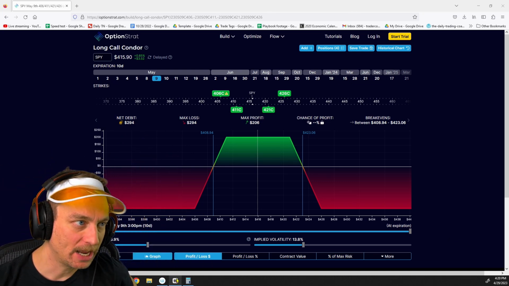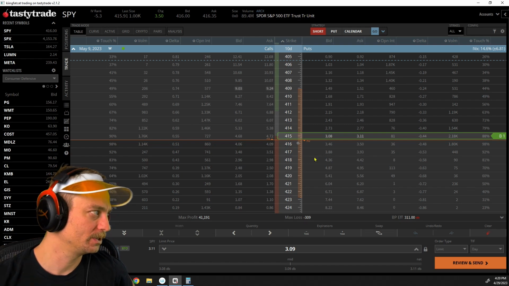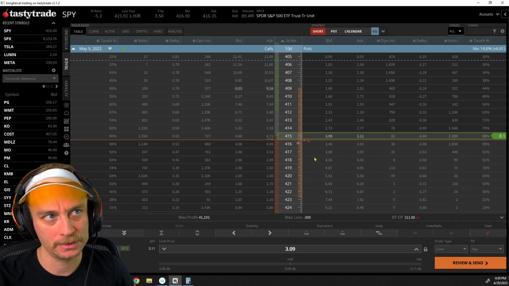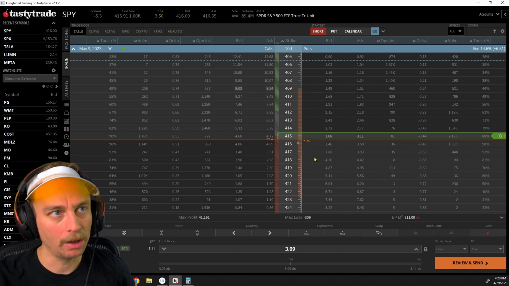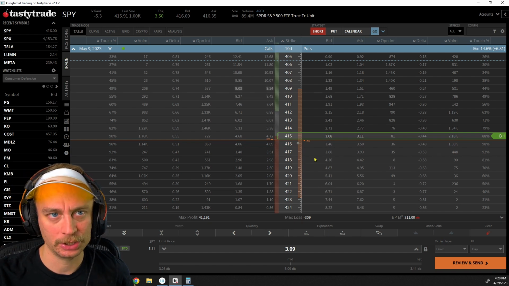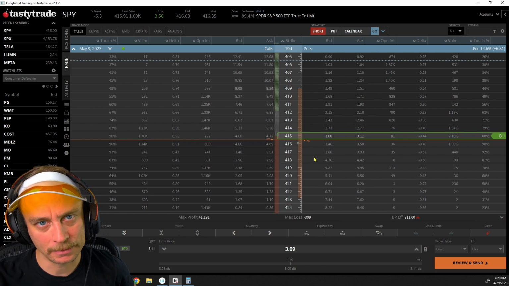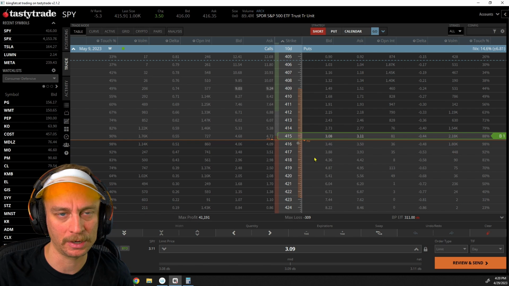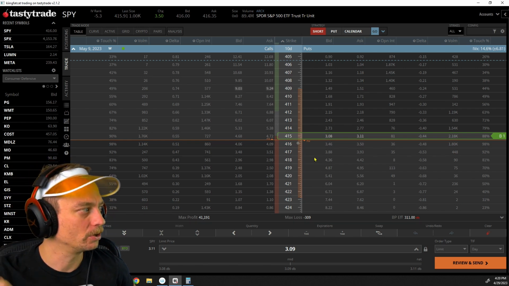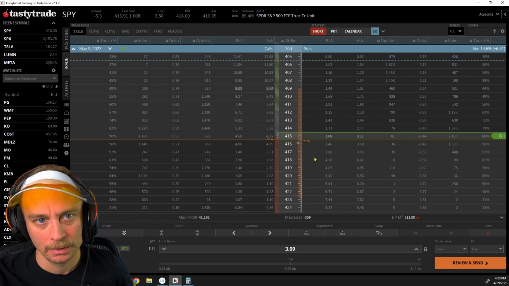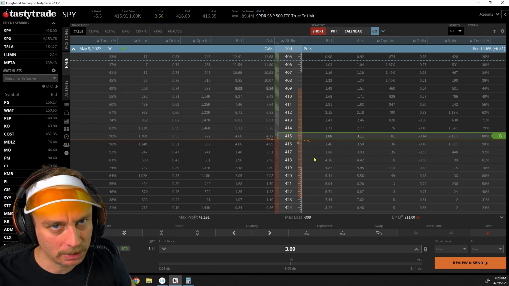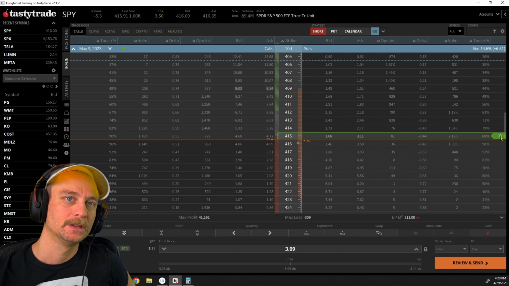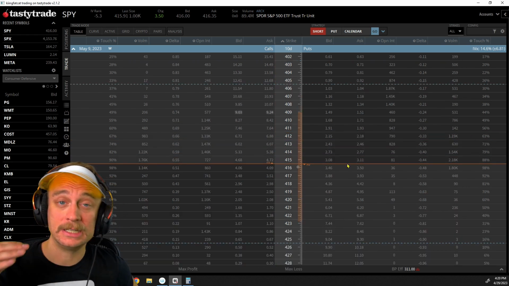It all has to do with these bid offers. It's the way these bid offers are moving. It's the way the price is moving when the bid offer is moving. It's all about the bid offer. They're all going to eventually go to zero to some degree, because obviously we saw what the long calls look like on expiration. If it's above a certain price, you're going to make money. But for the most part, if the market ain't moving, it's going to zero, and that ain't good, right? So that's how these things work.